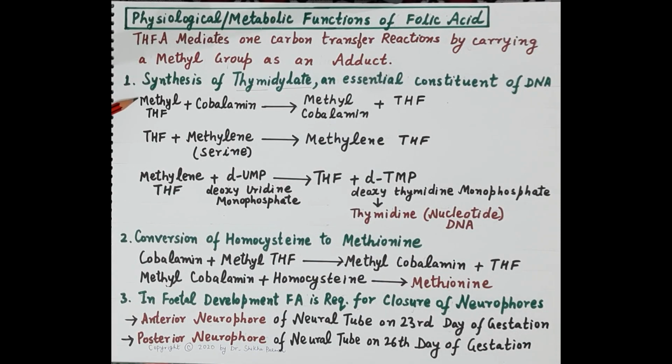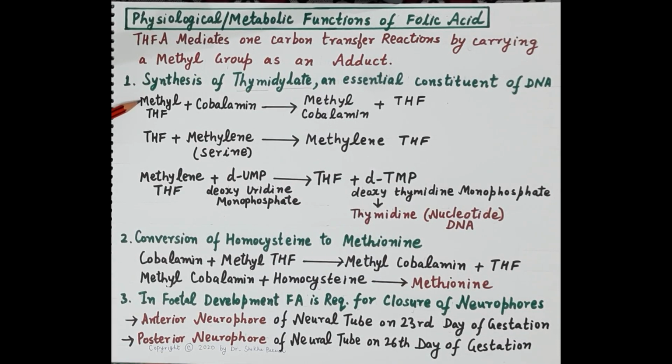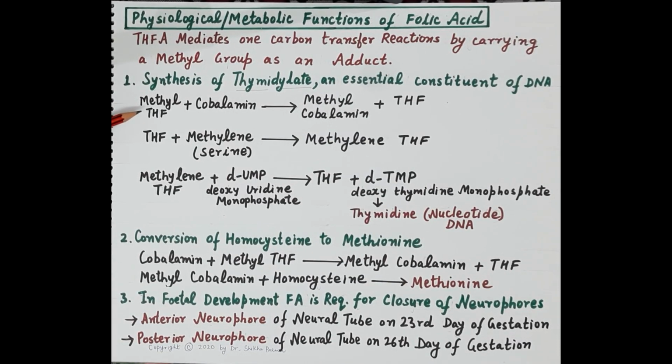So, that means folic acid is required for the synthesis of DNA, and synthesis of DNA is very essential for the division and differentiation of red blood cell precursors so that they develop to mature erythrocytes. So, folic acid is essential for the formation of RBCs. So, first physiological function of folic acid that we are covering is the synthesis of thymidylate, an essential constituent of